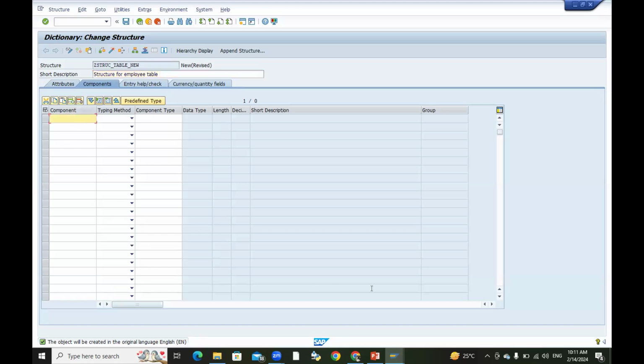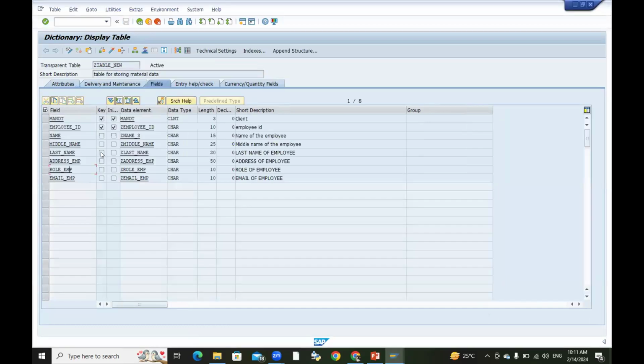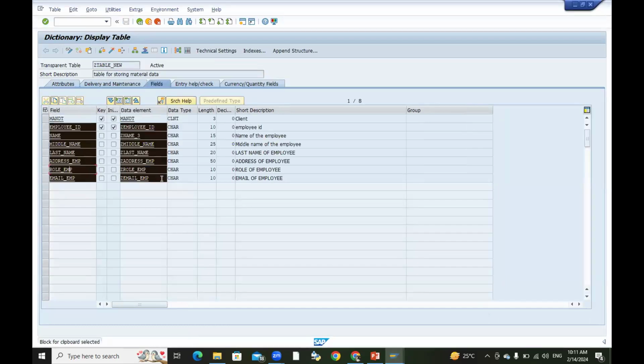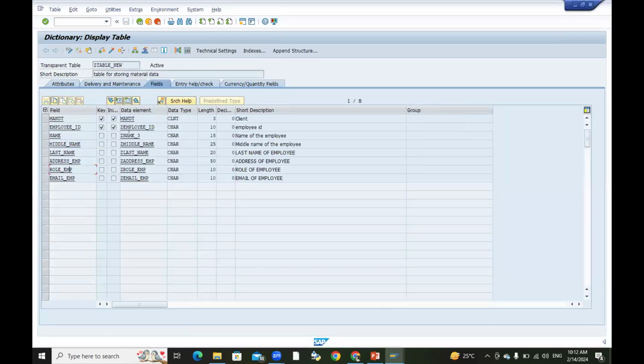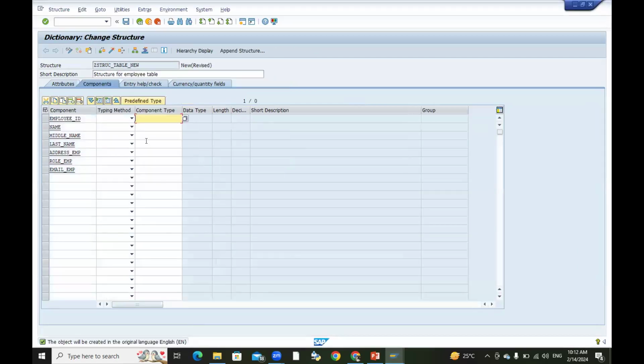Okay, and the field I'll make it the same only then. This first mandate field is not required. And here there is nothing like the key field and everything is not present here. Structure, as the name indicates, is just like a box. We are just using it for declaration or something, or we want to use it for some